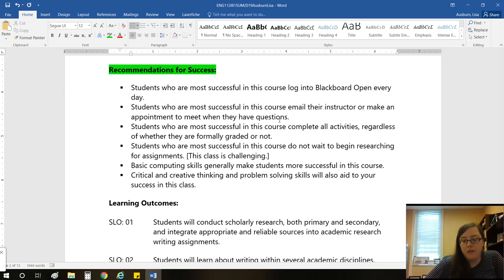I will work with a student who says, hey, I'm struggling with this class. Would you be able to talk with me or work through this with me? If you turn in an assignment and you've struggled through it and you get a failing grade or a C- or something like that, and then you email me after the fact and say, well, I really struggled, is there anything I can do? No, at that point you've submitted your work. It is too late. The students who are most successful in this class don't miss any activities, don't miss any quizzes,